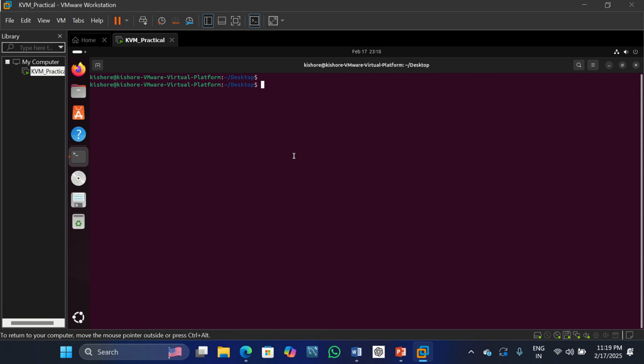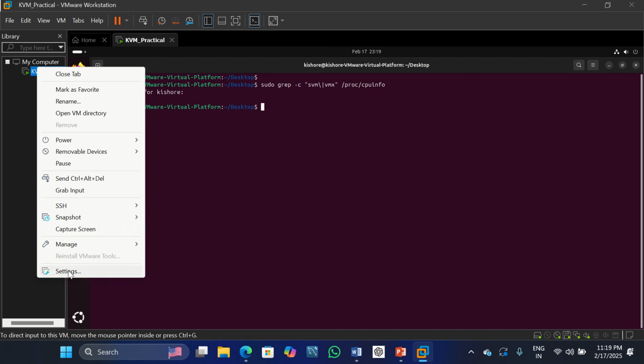Okay, continue with the command sudo grep -c svm / then straight line vmx then space / proc. Password is Linux 90. Okay, it will show 0, but it should show 1 or 2 if in settings